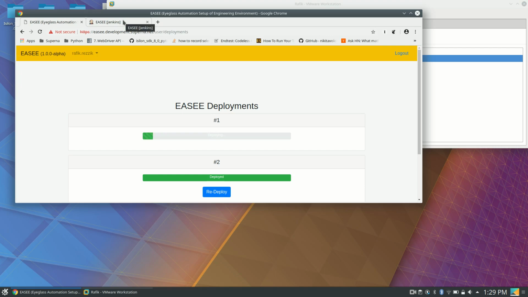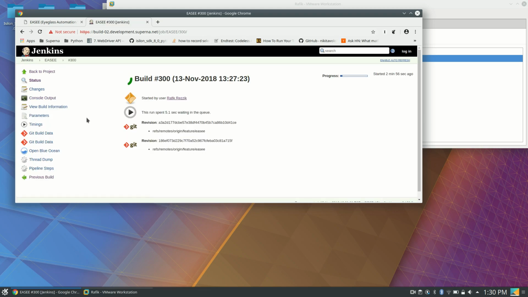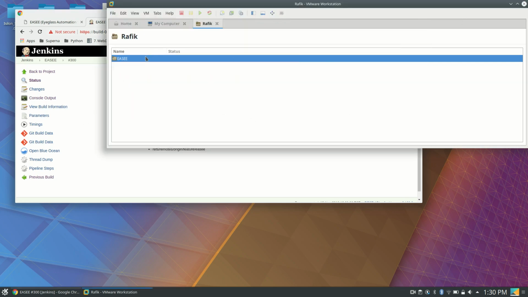We're running the deployment as a Jenkins job, so Jenkins will be running the framework and doing all the heavy lifting for us. You see it does this in stages, so it sets up the environment, then deploys each appliance, ECA, Eyeglass, and Isilon VMs, and then it will go on to configuring those. So if we take a look here, you see it started. And when you go to your vCenter,